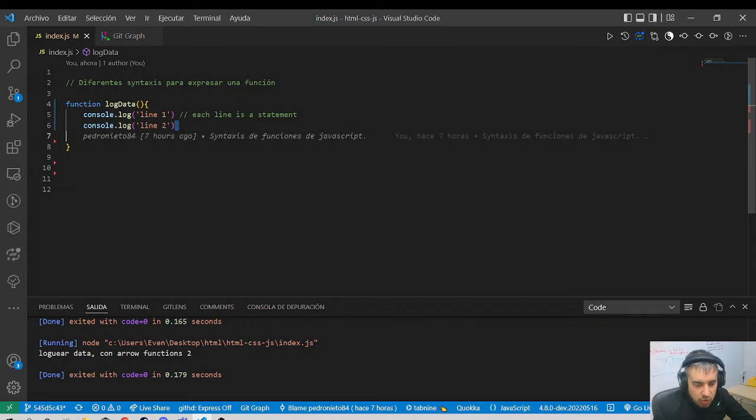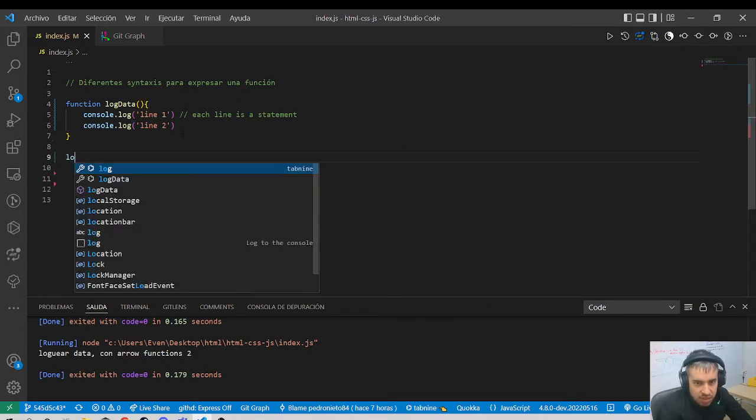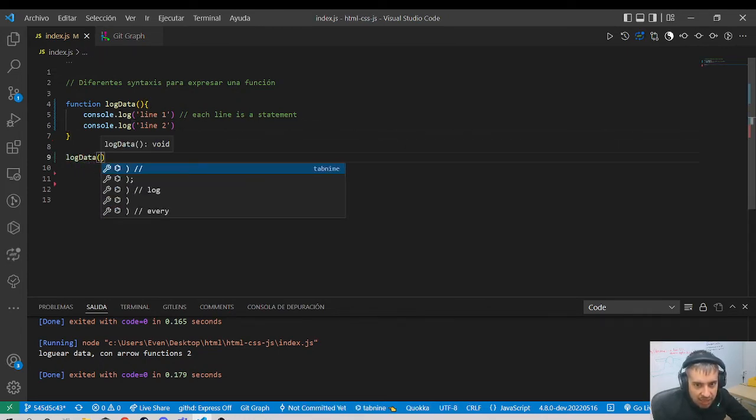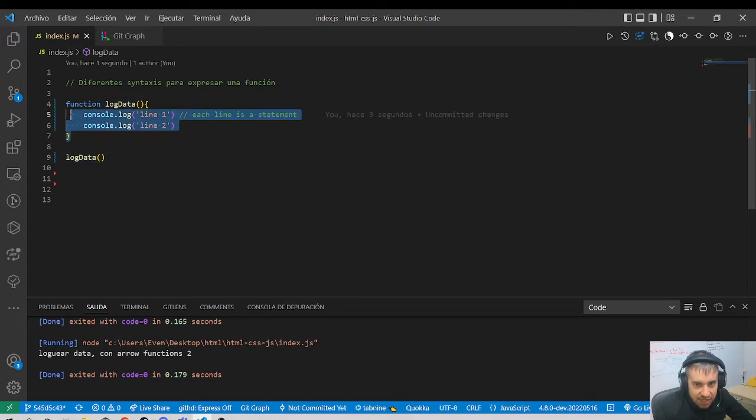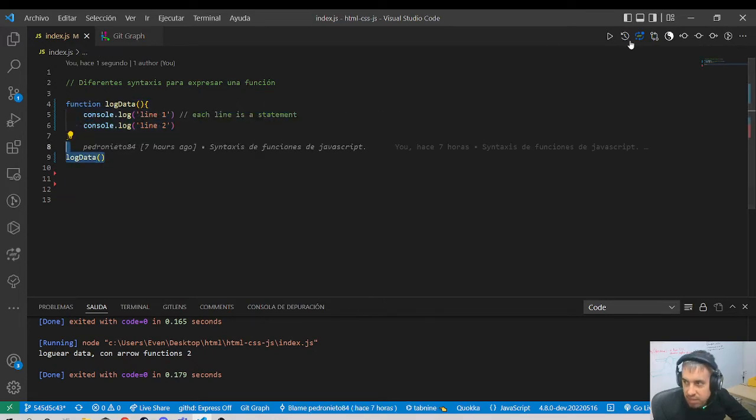And to call is to invoke this function. I just have to call it like this, right? Here I define the function, and here I call it. And if I click run,